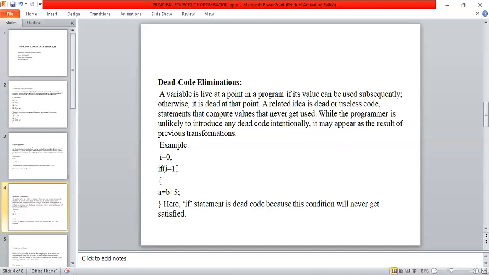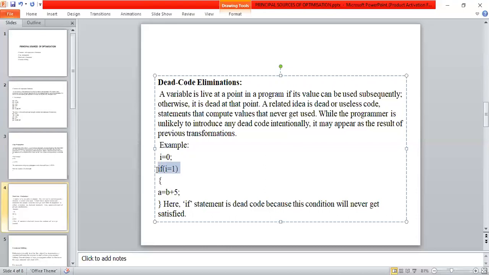This condition is never true, so the controller will never enter this if block. Hence, we are unnecessarily using this block of code in the program. So this code is called dead code.